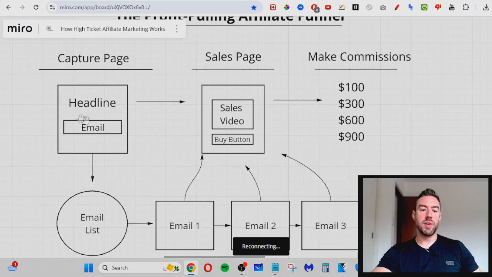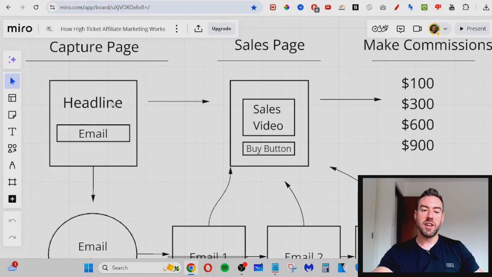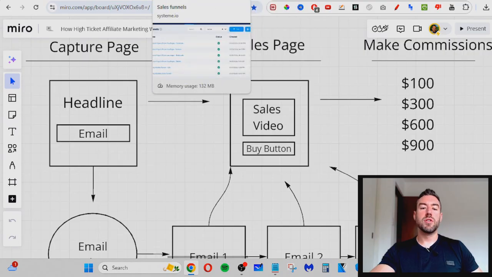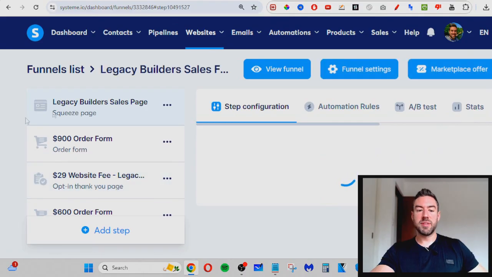This funnel right here, where we have the capture page, the sales page, you want to make sure it's very high converting. Now, a lot of times when you're brand new, you don't know how to create a good capture page. You don't know what to say on the headline. You don't know how to create your own sales page or your own funnel and things like that. So I highly recommend you consider joining a program like the Legacy Builder that actually will give you your own done for you funnel. And then all you have to do is literally import it into your system.io account,